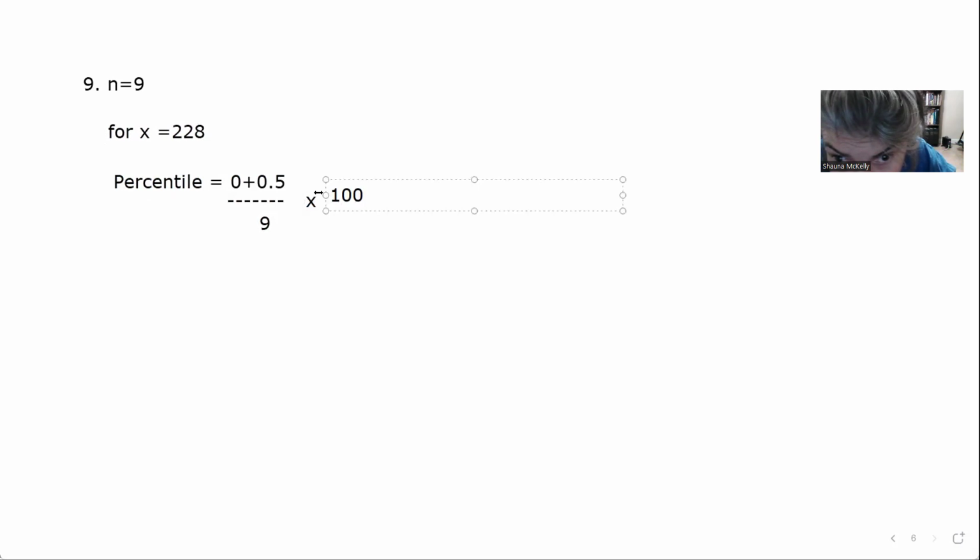So this is going to be 5.5556%. Now, when I get to the next value in the list,